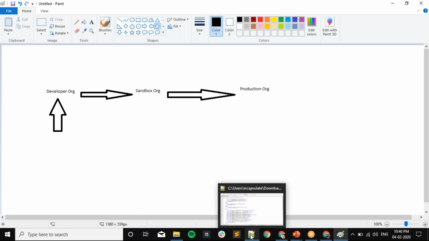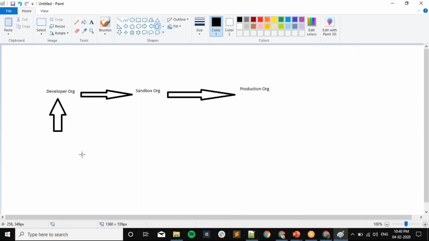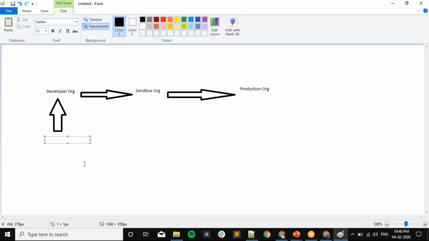The package.xml will be the file, and I have to retrieve all those things. So I'll write ant retrieveUnpackaged.